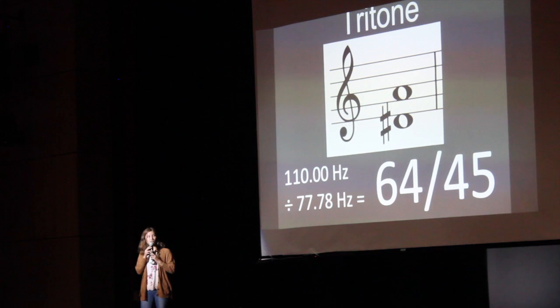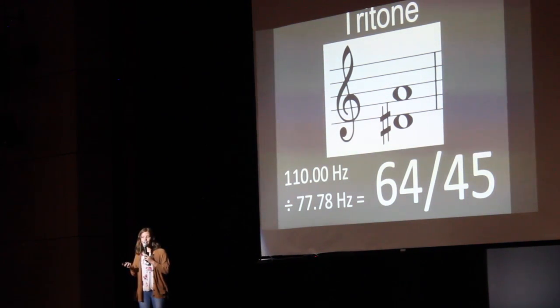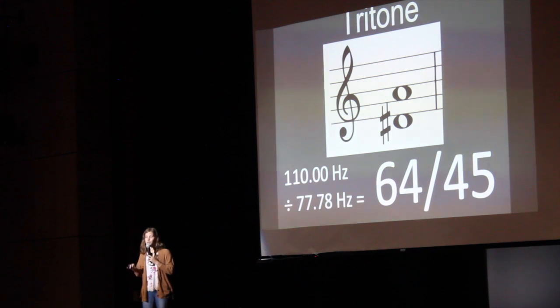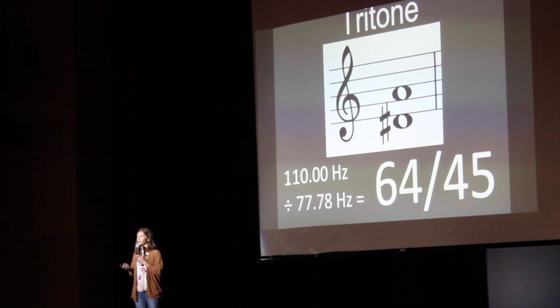We much prefer hearing these simpler ratios because of the way that the sound waves interact. The ratio of 5 waves to 4 waves is going to line up really well. It's going to sound really nice to our ears. But 64 waves to 45 waves, you're going to have a lot of differences in the waves there, and our brains are going to hear that as really dissonant and unappealing. So happy major chords are going to be made up of simpler ratios, and darker dissonant chords are going to be made up of more complicated ratios.